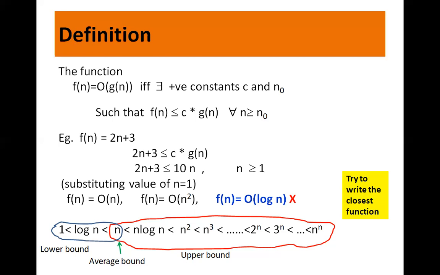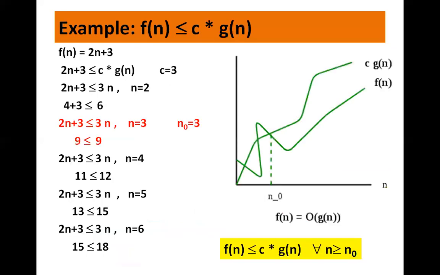So let us take an example so the concept will be still more clear. The same f of n, suppose we have f of n is 2n plus 3. Now substituting, f of n equal to 2n plus 3 is greater than or equal to c into g of n, right? Now this time we take constant c as 3. Let us start with c as 3. So replace c with 3, g of n is nothing but n.